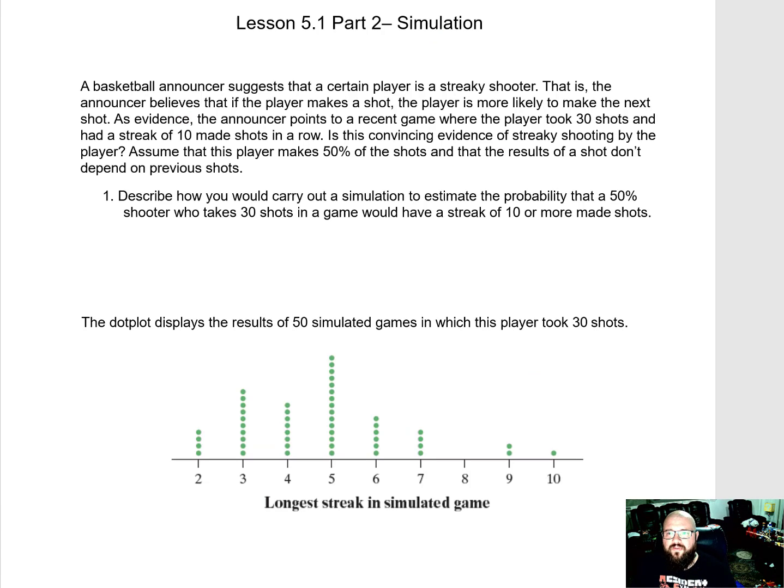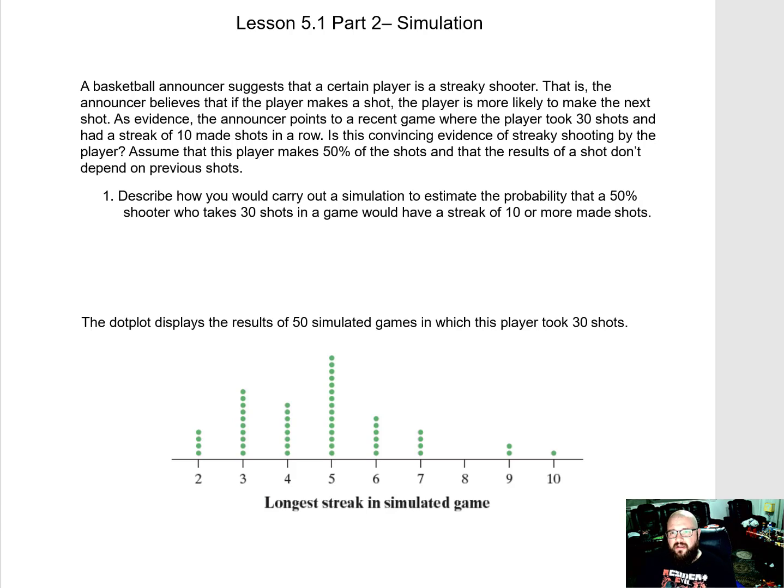Okay, so for part 2 of 5.1, we're going to jump into simulation, where we talked about imitation of chance behavior based on a model that accurately reflects the situation. So examples of like dice, flipping a coin, random number generator, things like that, okay? As well as the simulation process, describe how chance device imitates the situation. In other words, it will record the results many times and use those results to answer our questions. So let's go into this and read this problem and see what we can figure out.